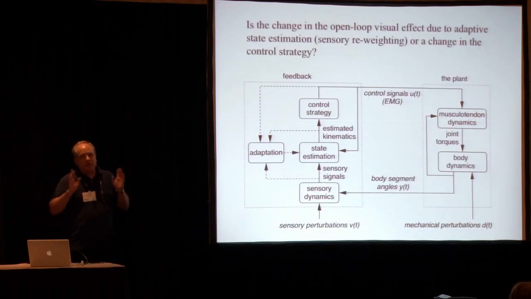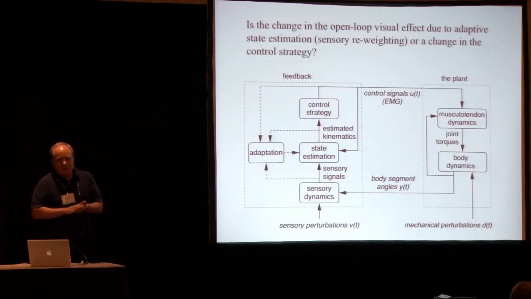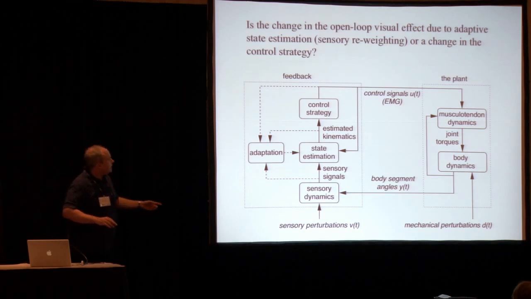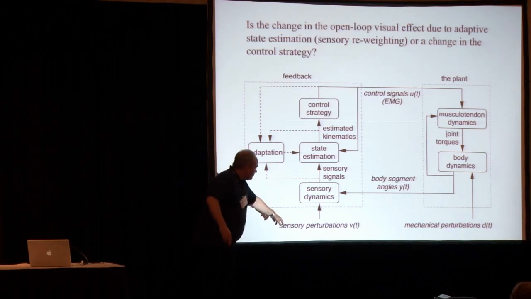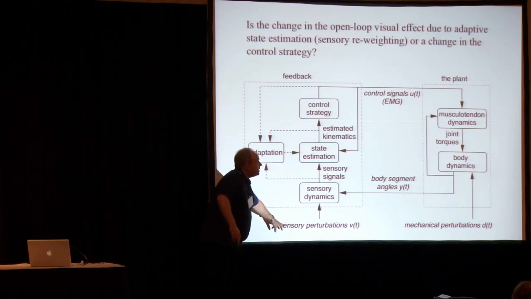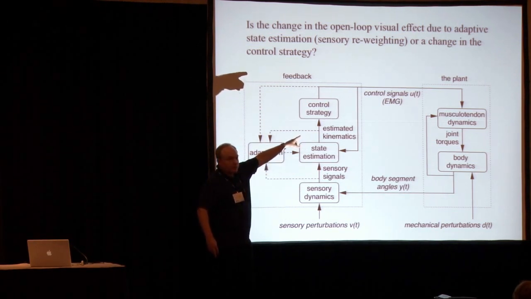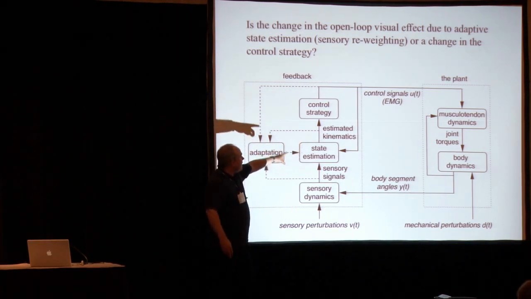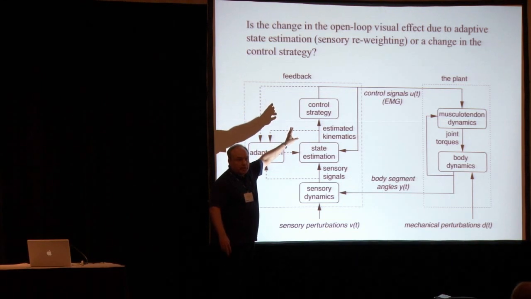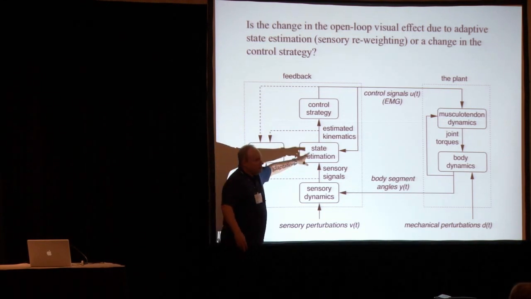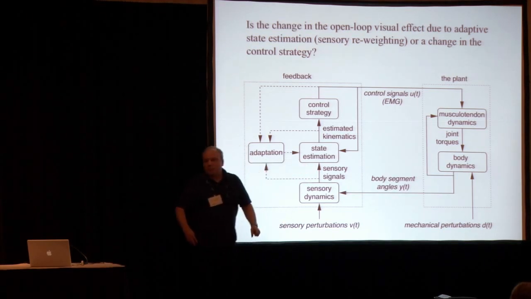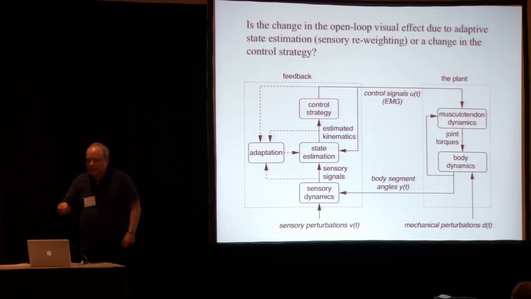But are you sure that this really is sensor reweighting? Because what we've identified is actually the open loop response from the sensory perturbation vision to the control signals U of T. But that also depends on, for example, the control strategy. So I claim that what we just saw was a reflection of adaptive state estimation. So one way of checking that is to